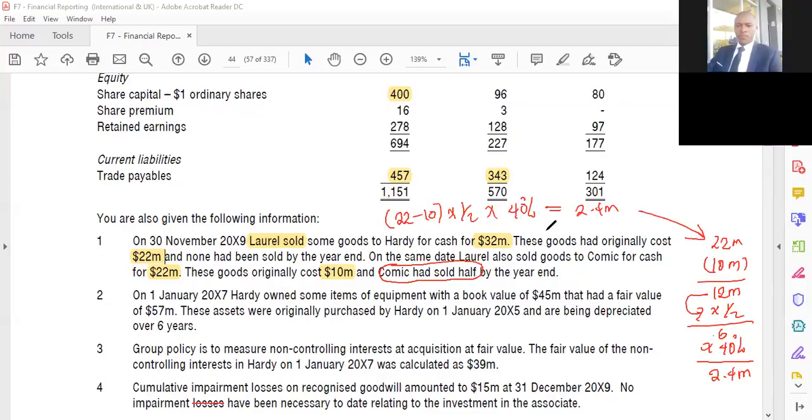Now the question is, where are we going to take that 2.4? The 2.4, we are going to debit group retained earnings. The parent will not get this money. So one, debit group retained earnings by 2.4. And then in the double entry,